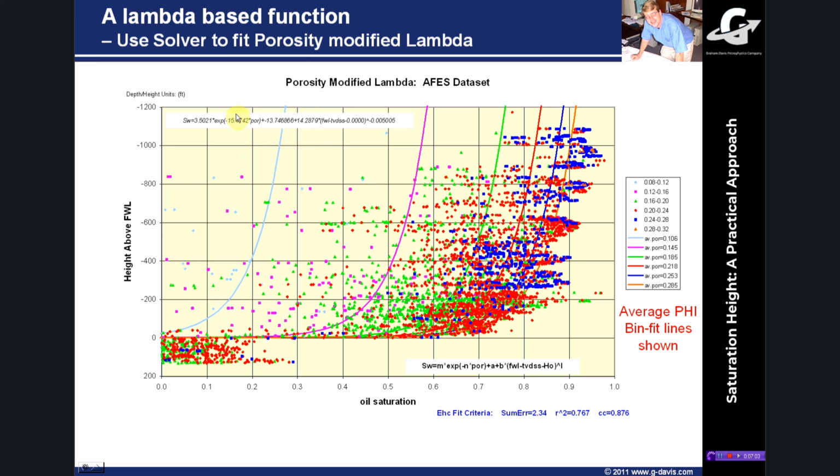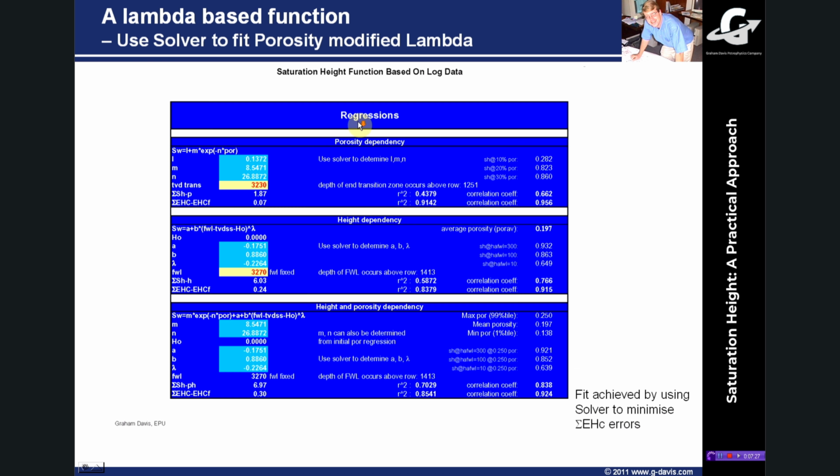Again, this is one equation. Sometimes people get a bit confused with this. This one equation gives all these lines. All I've done is apply the same equation to different porosities just to give you these overlay lines to give you a feel for it. But that one equation provides all these relationships, and again it's written out to the annotation sheet and then is reported back here on the chart.